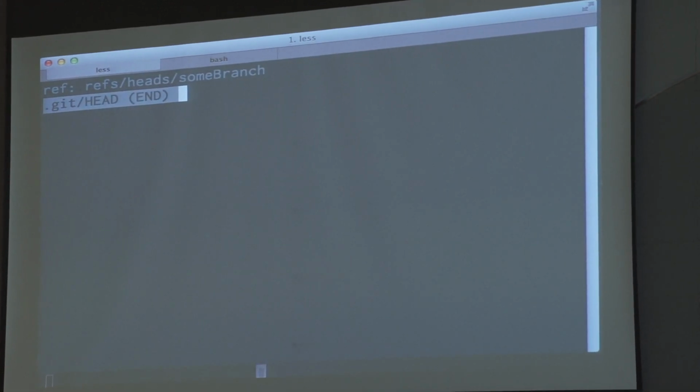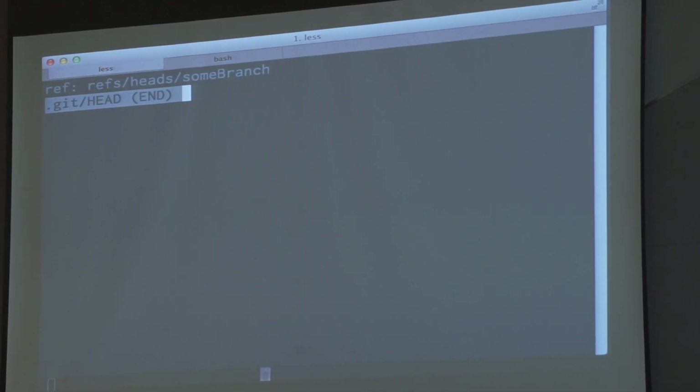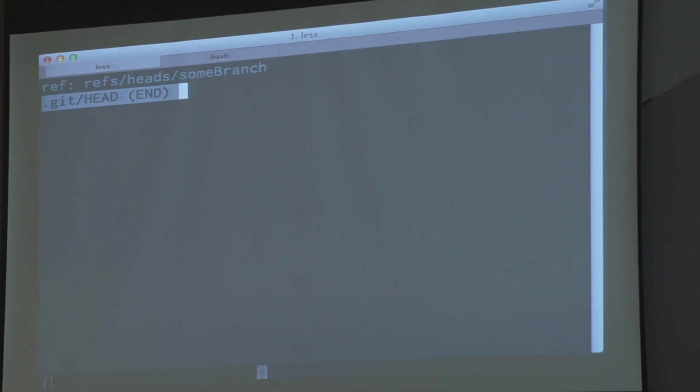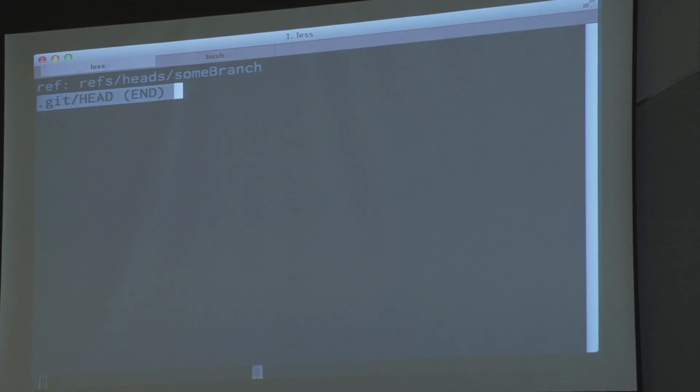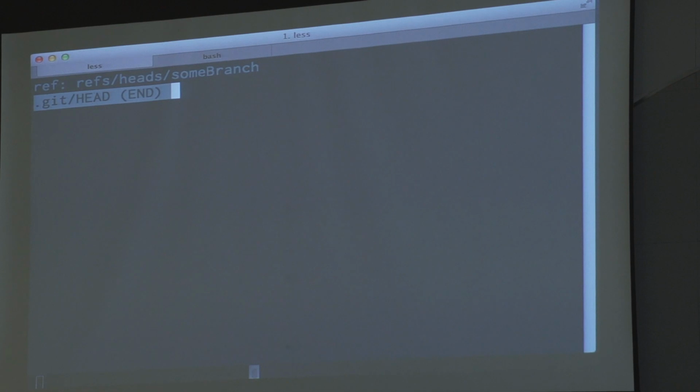It has a pointer in it. It says the current reference is refs/heads/some-branch. What's in refs/heads/some-branch? The SHA of the commit it's at, which means that head usually points to a post-it note. The post-it note points to a commit.